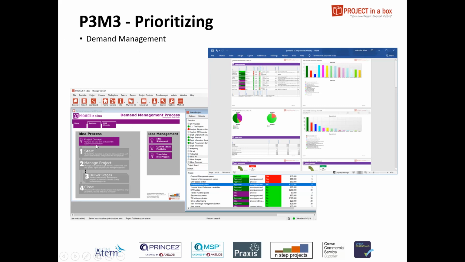It has only one process available initially, project concept, which is an expanded sort of project concept over our standard one, which includes data collection around the idea. You've got some questionnaires to fill out to score and rate the idea. You collect evidence in support of that. You do some sort of benefits assessment. That data then is able to be compared against all the other ideas, and you can identify which ones you